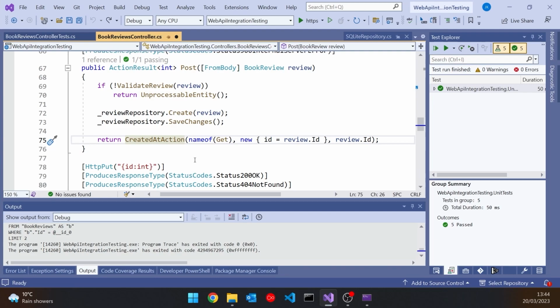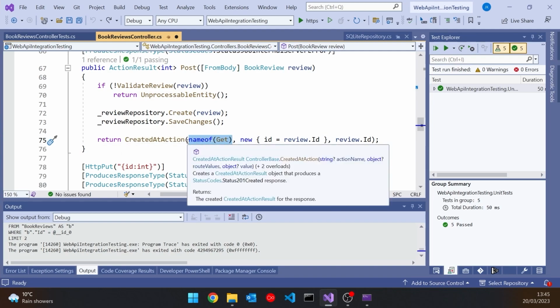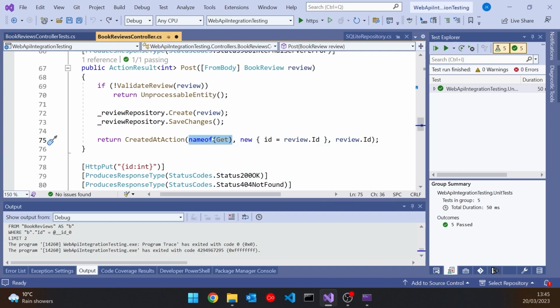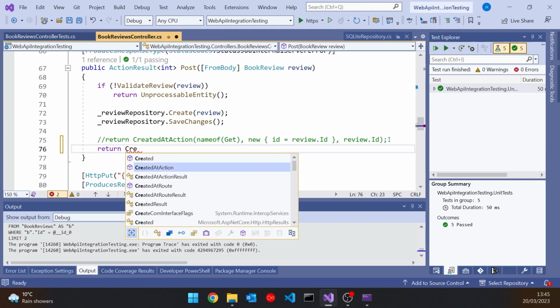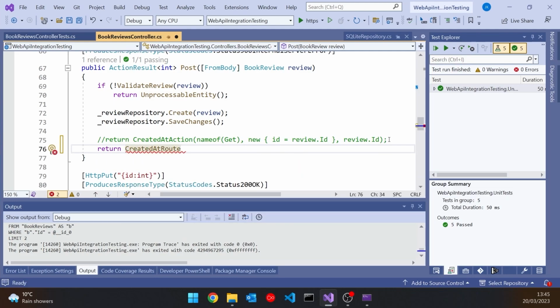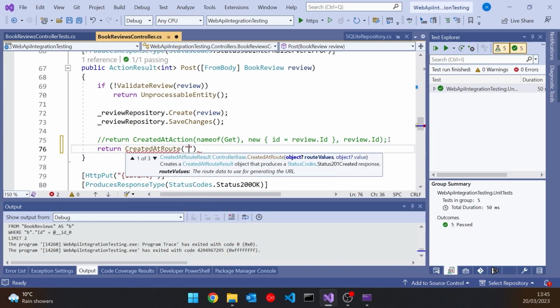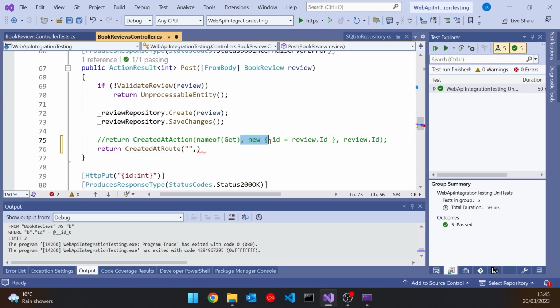That CreatedAtAction is how we form up the return value, but there's other ways of doing it as well. For example, rather than CreatedAtAction, which basically allows you to provide the name of the action method in the controller and forms up the response from that, we could use an alternative which is CreatedAtRoute. And that doesn't form up the name of the URL itself, you actually pass it as a string, which in this case is just going to be a blank string because we're not using named endpoints, we're just using the verb like get. So if I just put that in there, then behaviorally that is exactly the same.